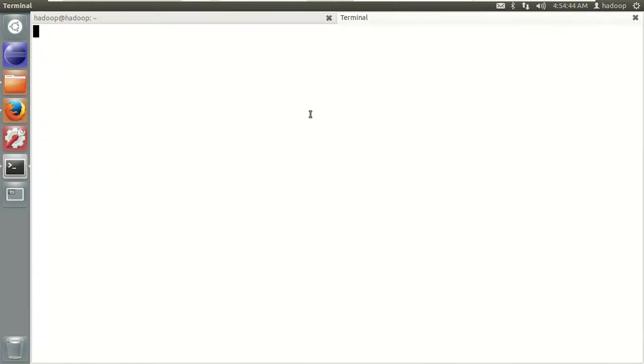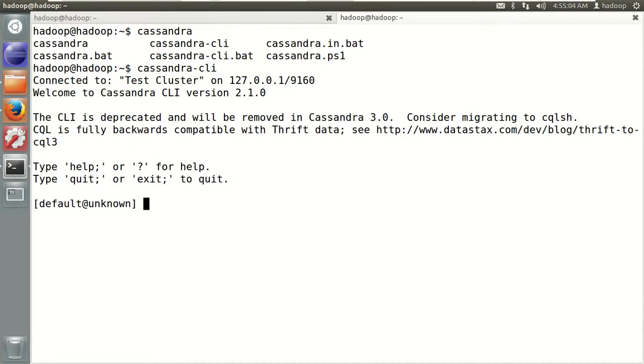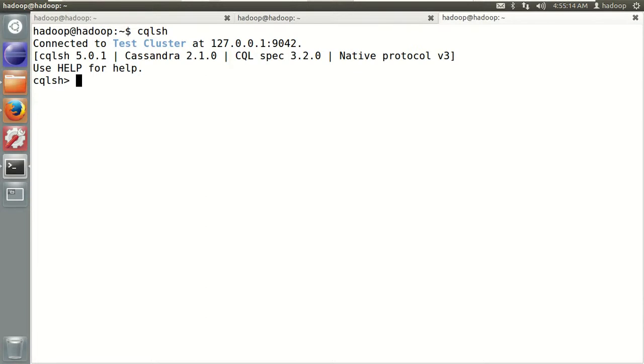Now it is started, and you can connect to Cassandra in two ways. The older approach is cassandra-cli. It supports Windows also with the .bat file first, but I am currently on Linux, so I can go with only the CLI. This is one approach, the Cassandra CLI mode. This is the older one, which is deprecated, and the latest one is cqlsh. It's the Cassandra Query Language support. This is the latest support from Cassandra, so as per your convenience, you can go for this.